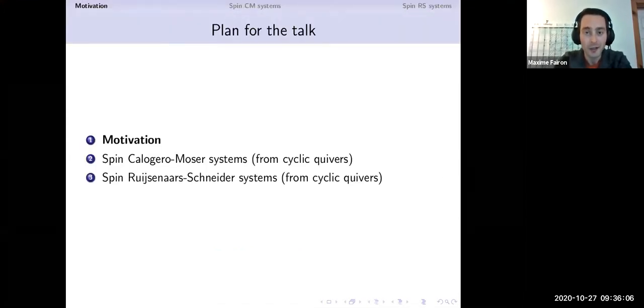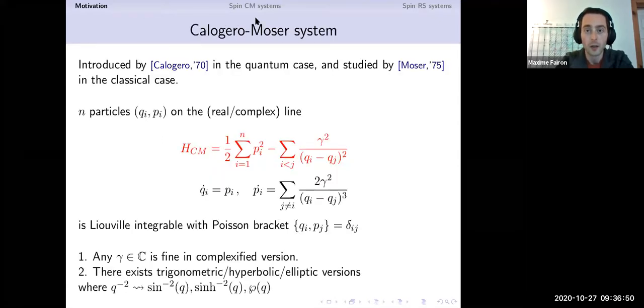So the plan for my talk is obviously to just give a quick recap about Calogero-Moser and Ruijsenaars-Schneider systems. So if you don't know what it is, don't worry, you can have a quick glance at that during the first part. Then I will spend quite a lot of time explaining how the spin Calogero-Moser systems can be obtained from cyclic quivers. Okay, and the idea there is that I will develop all the theory in some way to try to understand integrable systems using quivers. And then once this is done, we can just go to spin Ruijsenaars-Schneider systems and get new generalizations. Okay, so